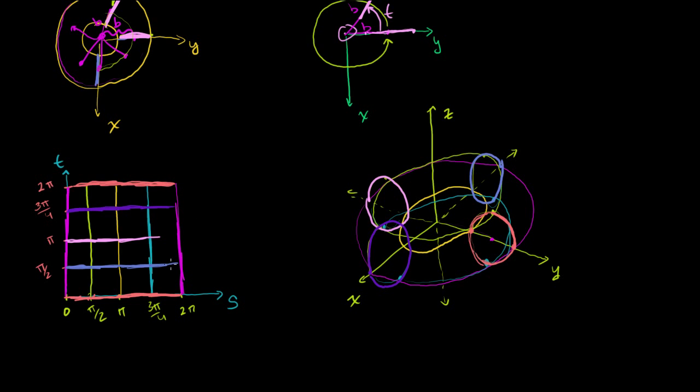And just to get an idea of what these areas on our st plane correspond to onto this surface in R3, this little square right here, let's see what it's bounded by. I want to make sure I pick a square that I can draw neatly. So this square right here, when you look at